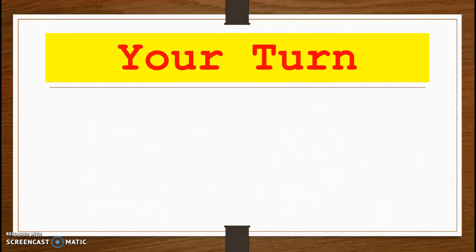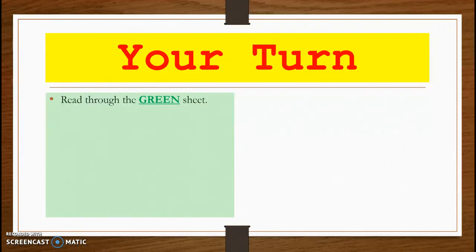Okay, so this is where you come into play. And this is where I'm just going to trust that you guys are independent and we can take care of this. So I need you to go ahead and read through the green sheet, and I'll just go through those real quickly. So you start at step 1, and you'll see the list of 7 topics. And I'm just going to ask that you choose 2 of them that you think you could probably do a little bit of research on and find some information. The ones that you're interested in.